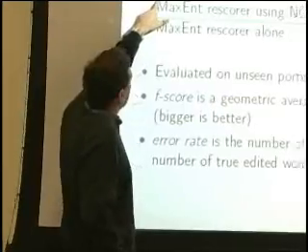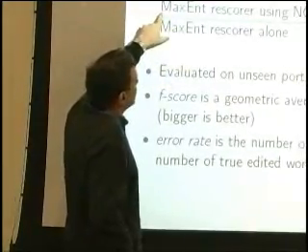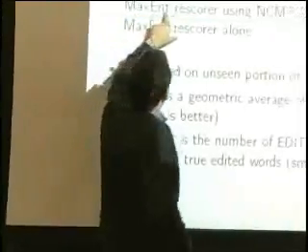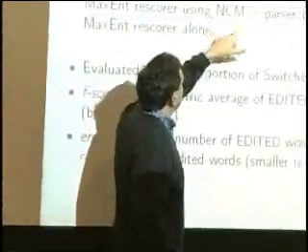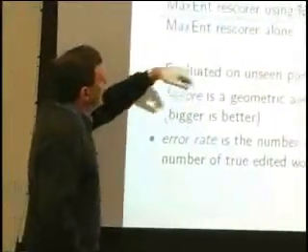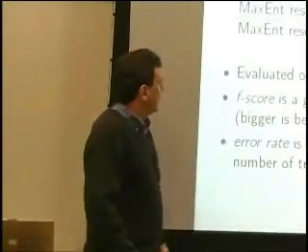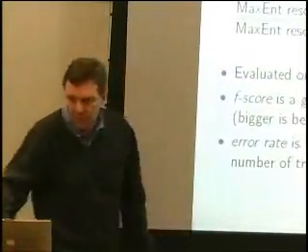So you can see with the parsing model, we actually get slightly better performance. But we get the best performance of all if we use the MaxEnt rescorer plus the noisy channel model and the parsing model and the bigram model. I didn't say that there, but use everything thrown in together, as you would expect. So that's all very well.